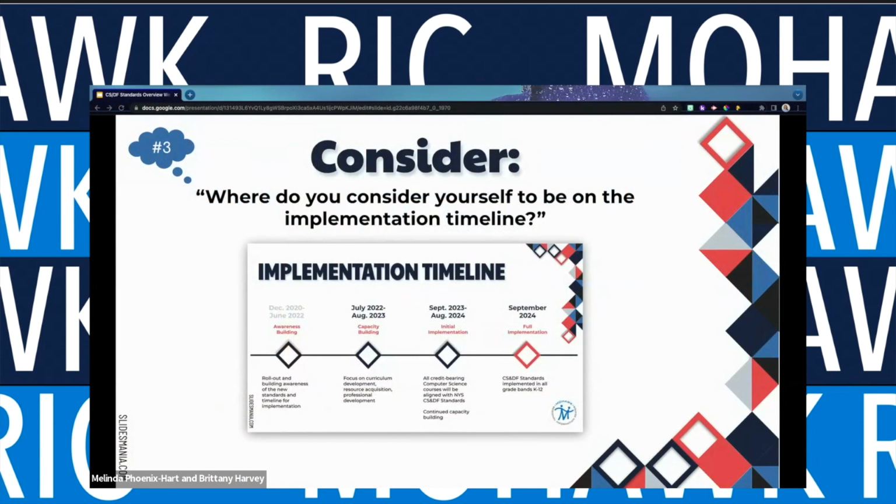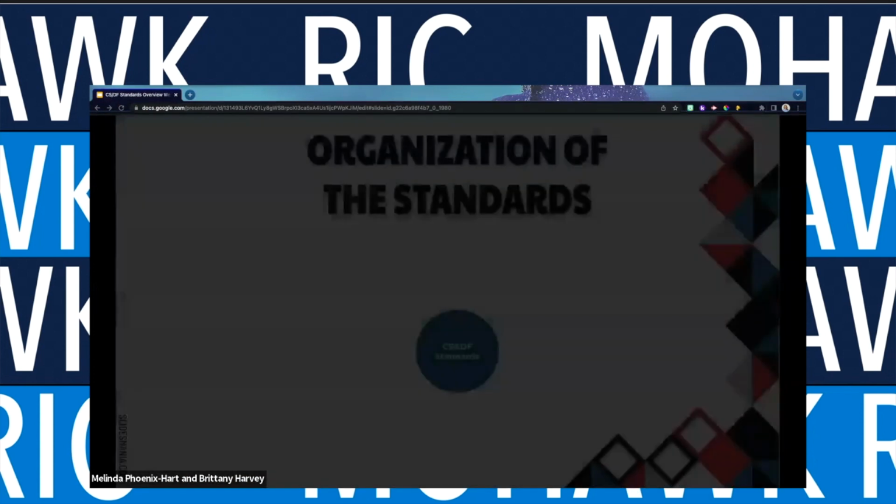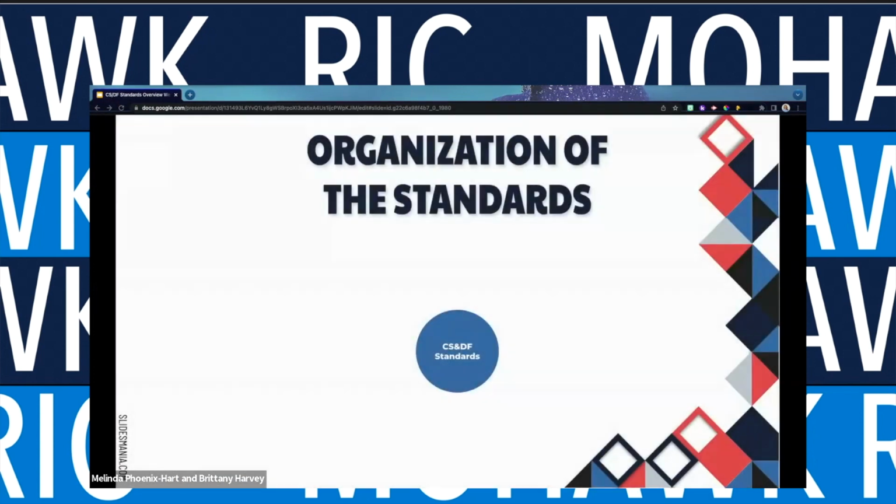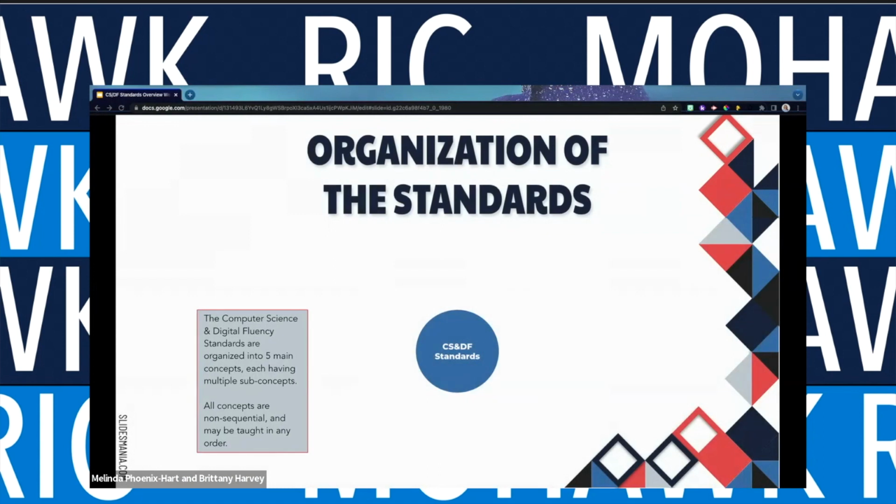And now that we understand the basic timeline for implementation, let's take a look at how the standards are organized. The standards are organized into 5 main concepts, each having multiple subconcepts. All concepts are non-sequential and may be taught in any order. The 5 main concepts are impacts of computing,